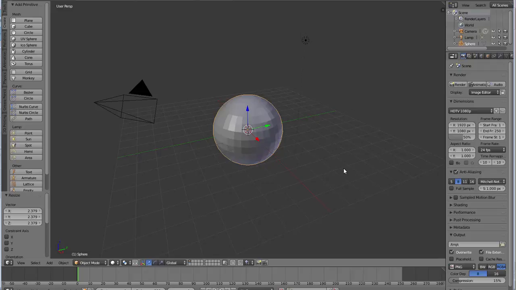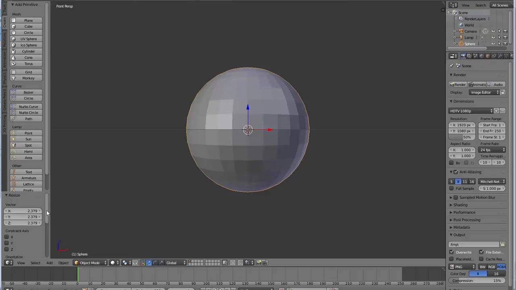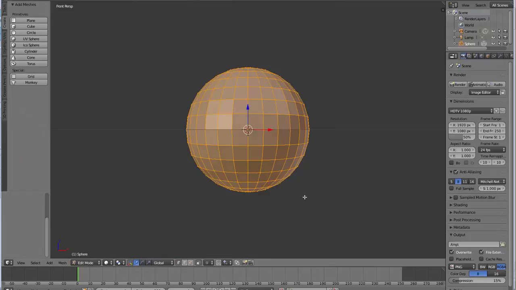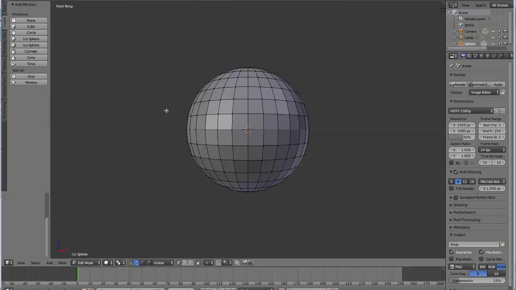Next thing I want to do is look at it straight on from the front. So I'm hitting the number 1 on the keypad and zooming in a little bit. Okay, we'll just go with what we've got here for the moment. So next I want to go into edit mode, lower left, edit mode, and everything's selected. I want to deselect all by hitting just the letter A, and then come in with B for your box select tool, and that puts up some cursors like that. And I'm just going to take this top group, highlight it, and hit delete,